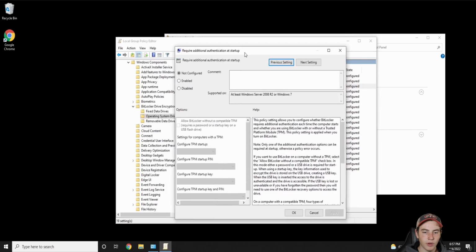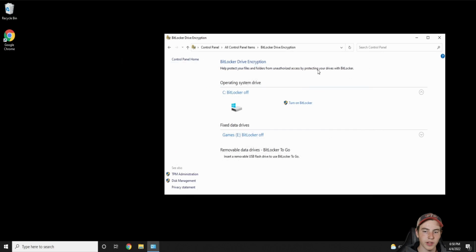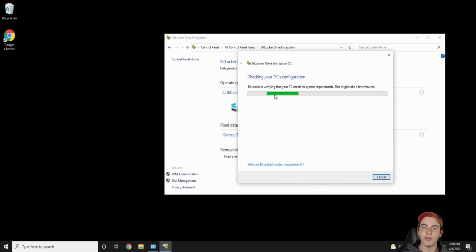Now that you have this open, click on Enabled, and then Allow BitLocker without a compatible TPM, which is this first checkbox right here in this left-hand side column. But make sure that is checked. If it is not checked, then you won't be able to use BitLocker. Now just click OK, and then you're free to close out of that. Now if you try to turn on BitLocker again, it will verify and, instead of popping up with that, hey, you can't do this message,